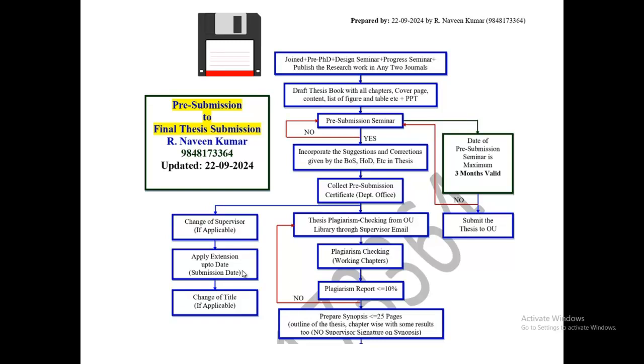Part-time people have 5 years for the completion of the PhD, and full-time students have a maximum of 4 years. If the 4 years is crossed from the date of joining,